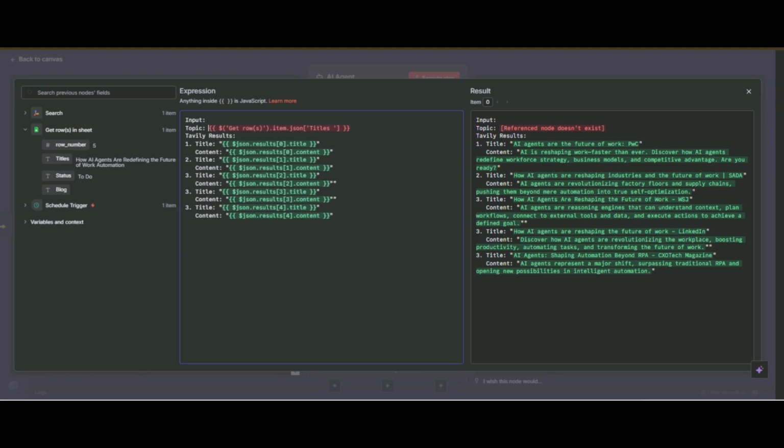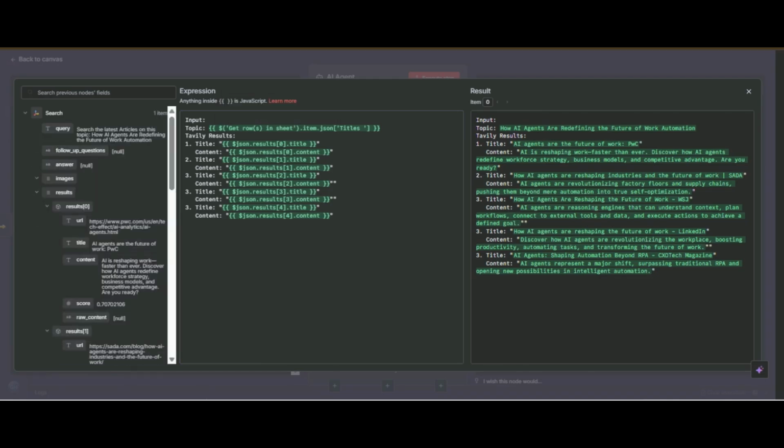So now it is red, so I change it and drag it. So first I am giving the raw title of our blog post, then I am giving the Tavily results, like 5.